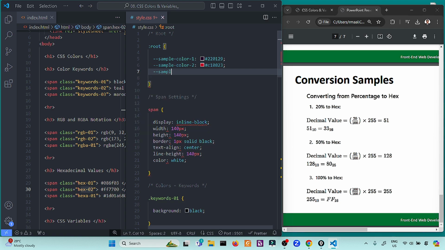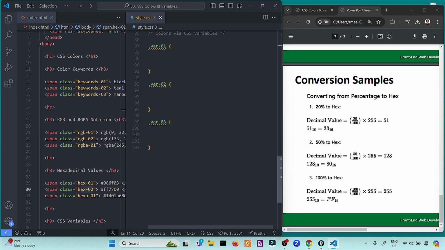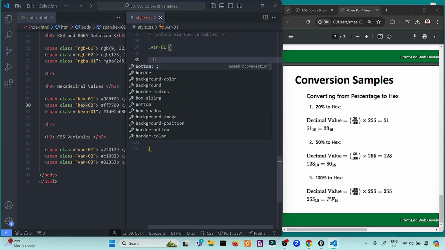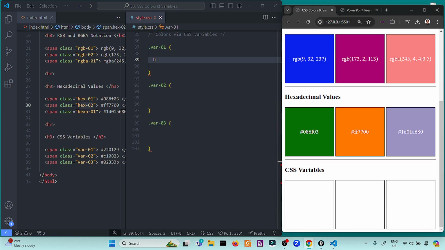Then we also have sample color 3 of 2333B, for example. So you define a variable at the root level, and to use this CSS variable, we will use the var function. For example, look at this one.